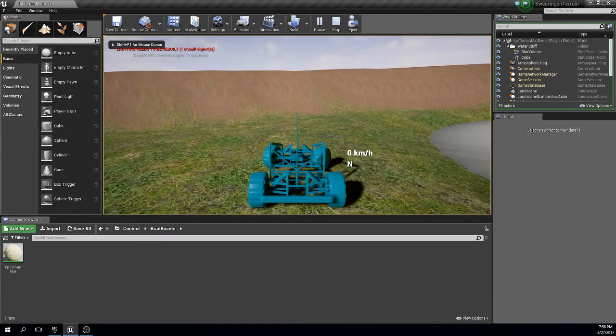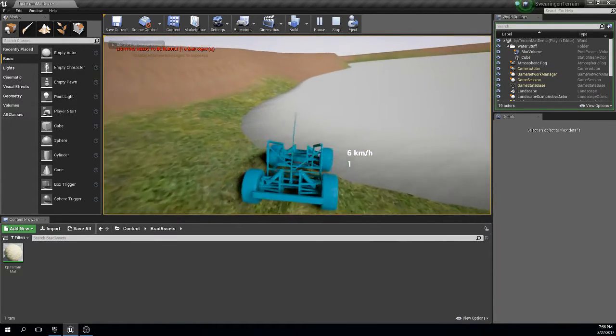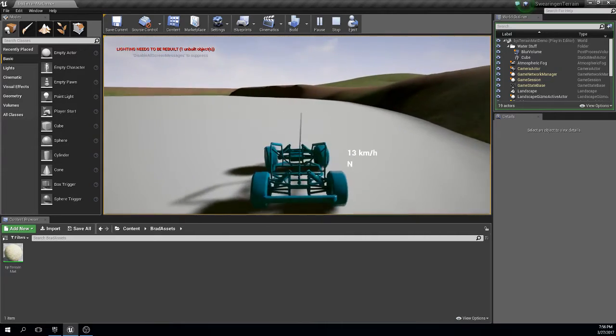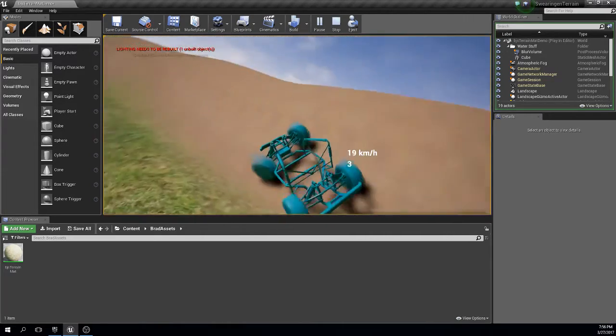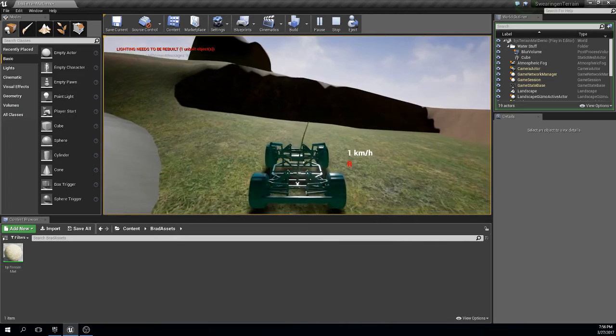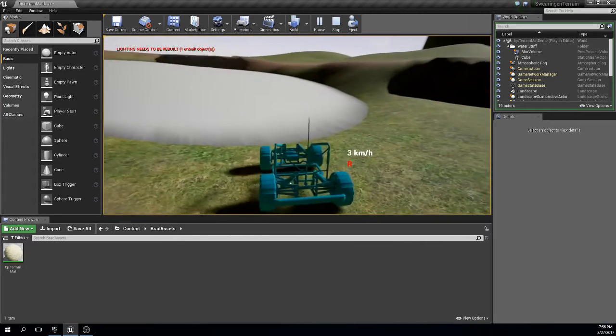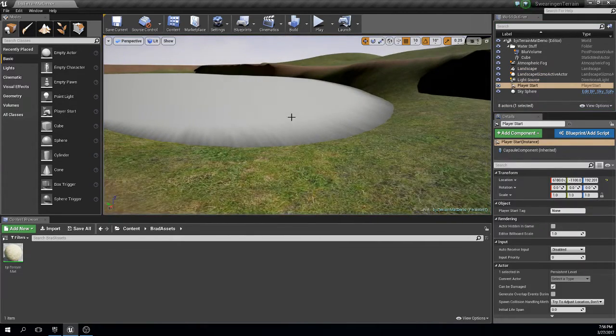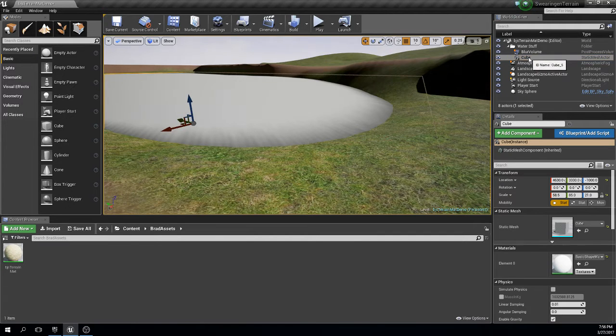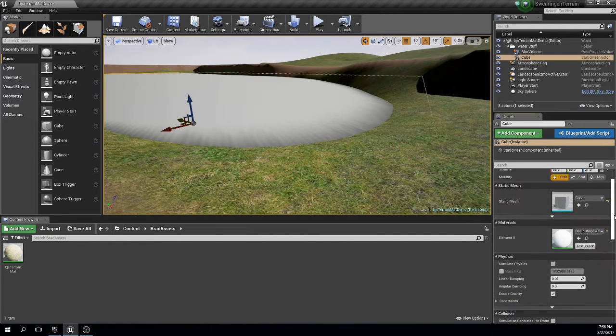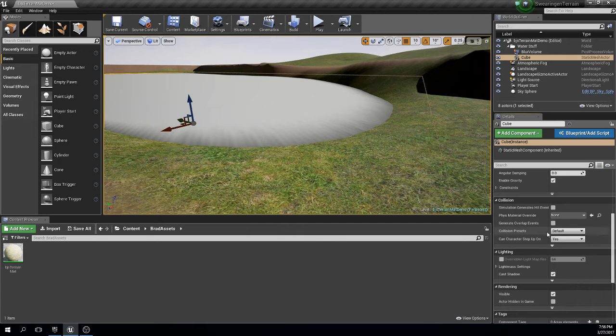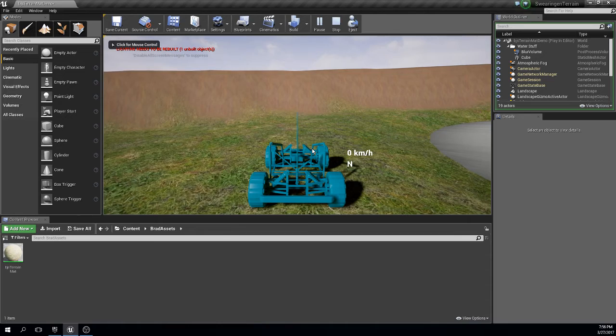There I am. So I'm going to use my WASD keys and fly around, driving. Alright, so it's got collision on it, so we need to go ahead and take the collision off of my cube. So I'll come over here and go down to where it says collision. It has collision default presets, so if we click that and say no collision, that way, now when I play, let's back up here,